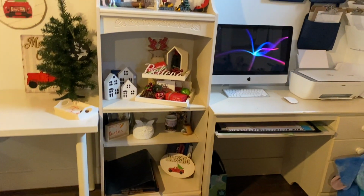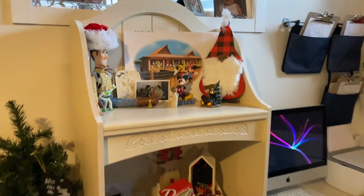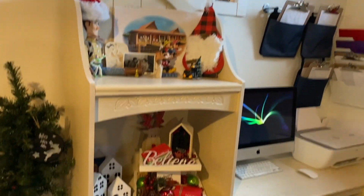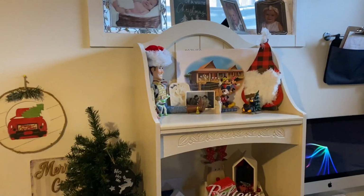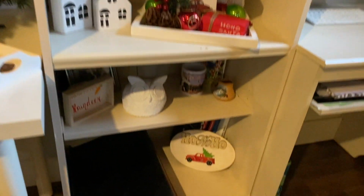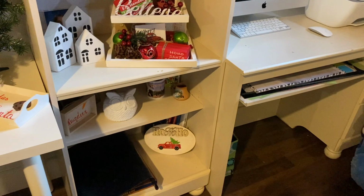So I have added a couple items of decor here, and of course my love for Disney is here as well, just some of it because I have a whole shelf upstairs with all my Disney stuff. I was thinking about moving it back down here, but I just don't know where I would put it. So it's upstairs in a little landing, and I think that's a perfect spot for it. And then I also have just a couple books down there, some more pictures, and just a little bit of